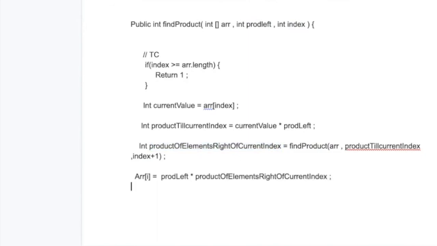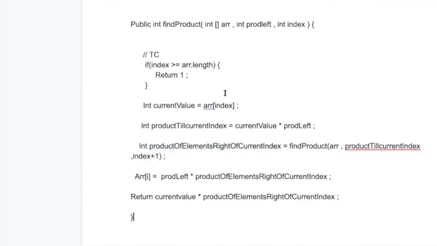But this function is returning the product from the current index till the end. So I have the product of all the elements to the right of the current index, and if I multiply with the current value, this is what this function should return. So this function should return current value times that.